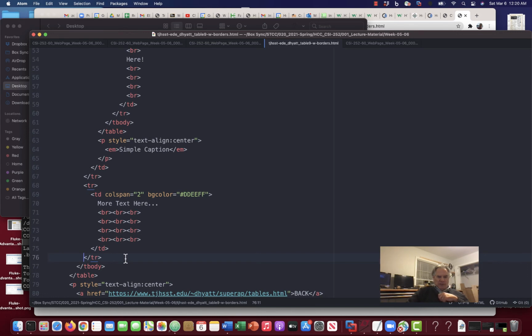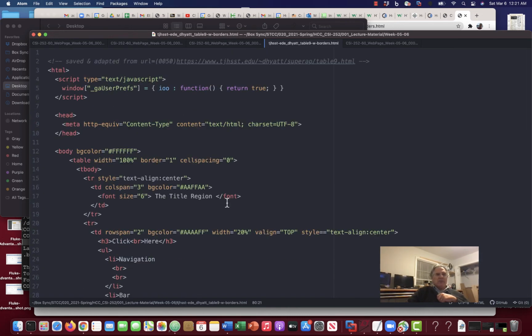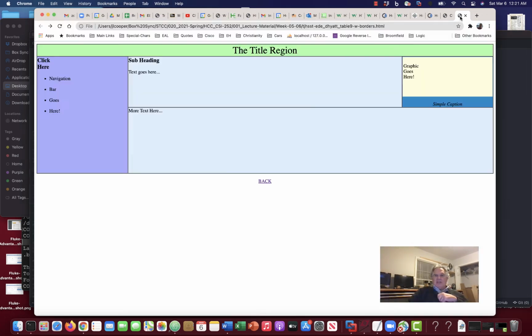row. And a little bit further down at the bottom of the table, there's a paragraph where the text is centered, and in that paragraph is an A space href equals, and this is the place where that file came from. So you have that record there. You can always look it up. And once again,